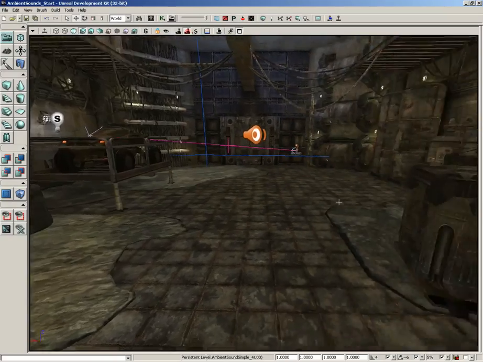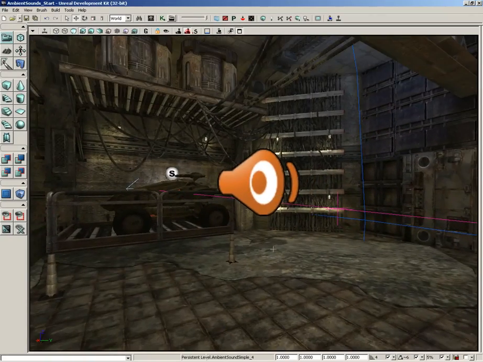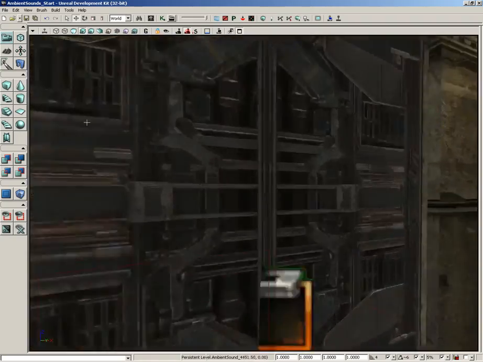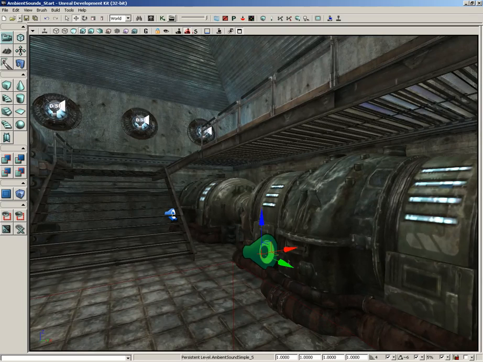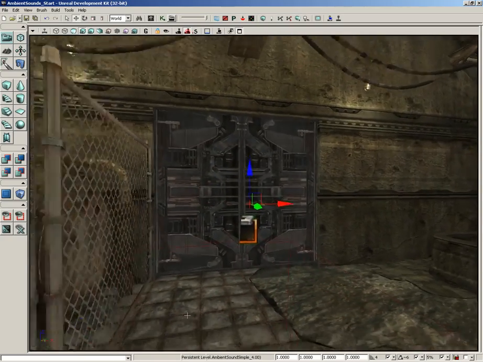All right, at this point, we have a system set up where we have an ambient sound with some wind and some spooky sounds coming from this ambient sound actor. And then here in the back room, we have two ambient sound simples that are creating some nice sound effects for our generators. However, there's a wall dividing the two,